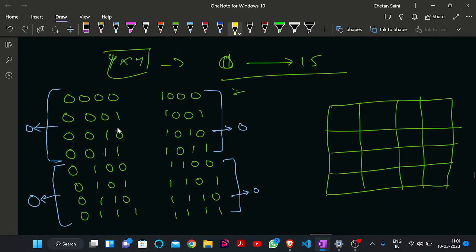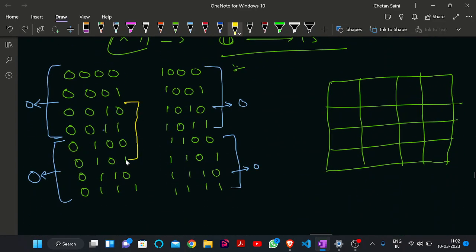So for this, if you notice these four, then for XOR value of these four, even numbers of 1 are there, because two ones and again two ones. So XOR value of these 4 is also 0. Then XOR value of these 4, that is also 0. Then XOR value of these 4, that is also 0. So what I need to say is that if we fill this with 0,